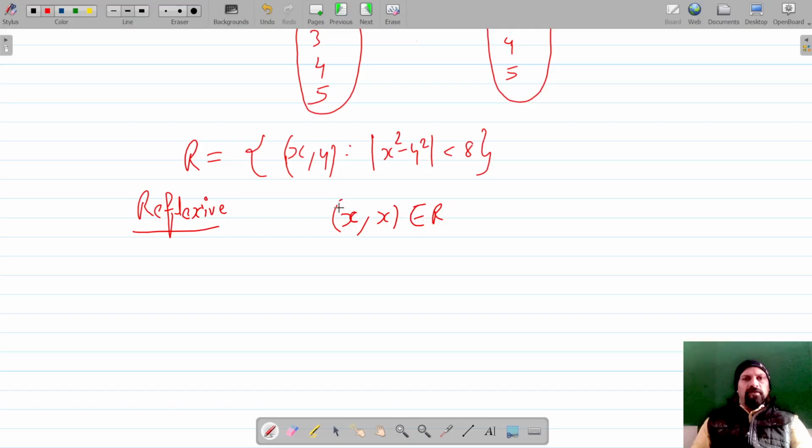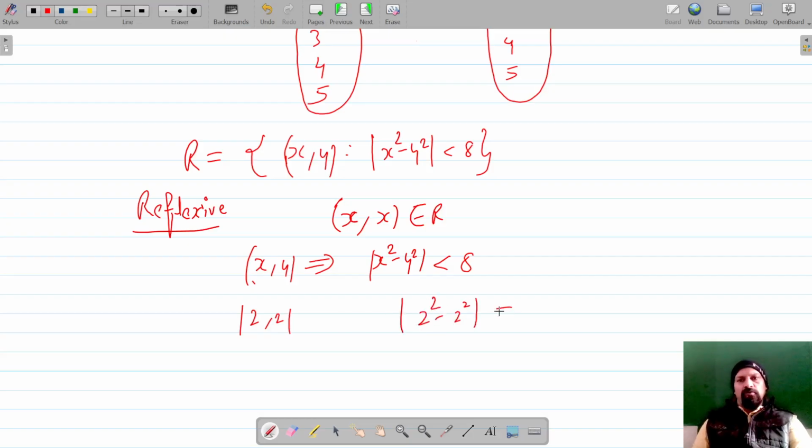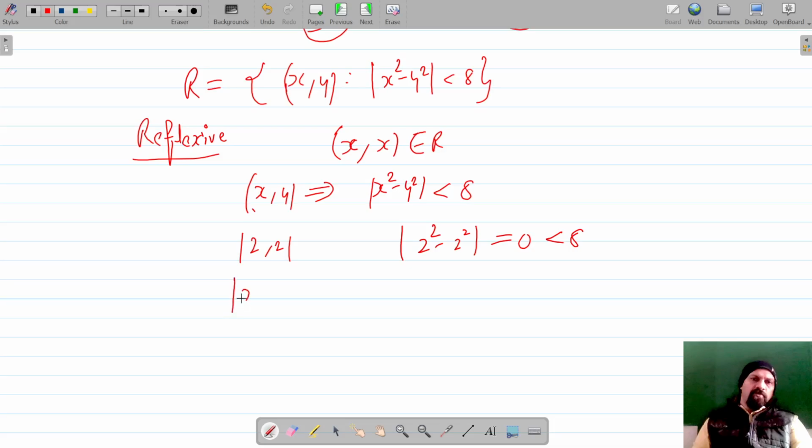If I take the same elements, let's say (2, 2), then 2² − 2² will always be less than 8 because it's 0. So modulus of x² − x² will be equal to 0, which is always less than 8